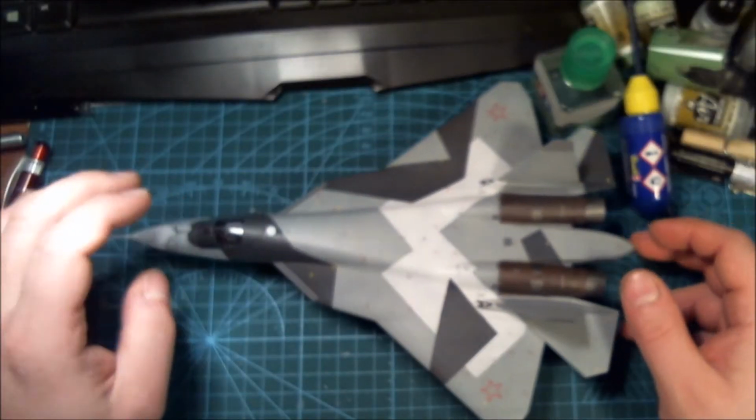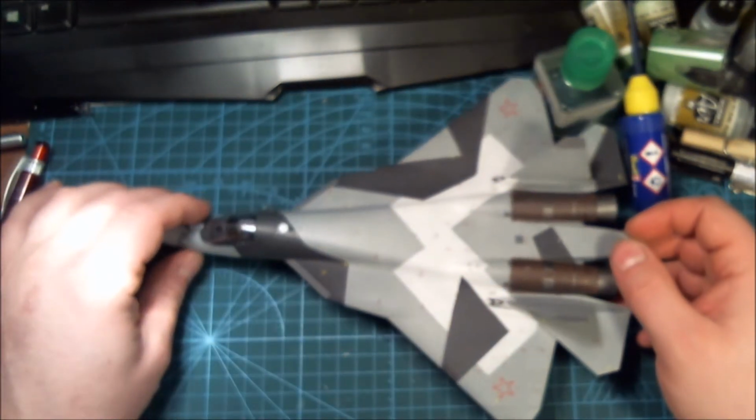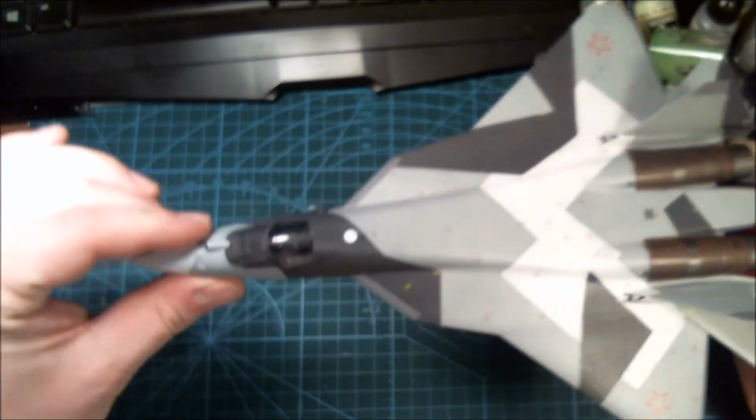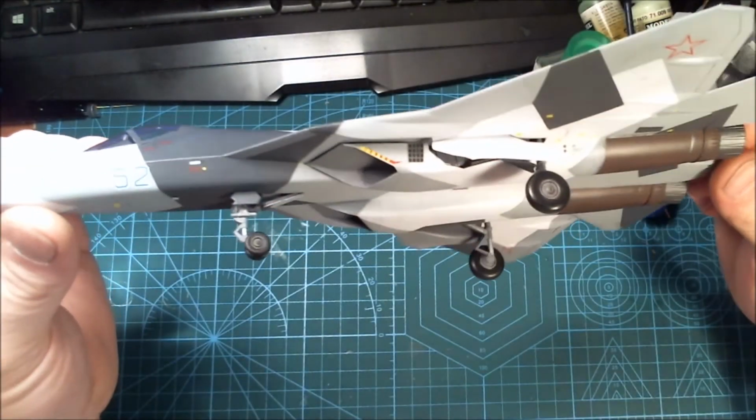And now she's lost focus. Focus, god damn it. Come on. Alright, then I'll just lift it up and show it to you right here. Yeah, so